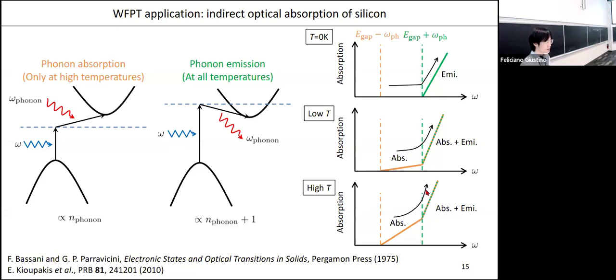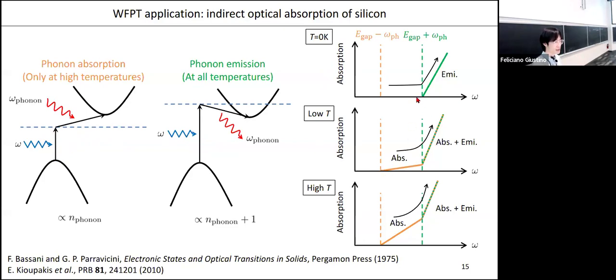properties. So this optical absorption, this indirect optical absorption process, which you have learned from the lecture by Manos Kioupakis: since silicon is an indirect bandgap material, you need to absorb a phonon or emit a phonon to compensate the momentum difference. The phonon absorption is allowed only at high temperatures, but its onset is at low photon frequency because phonons give the additional energy, while the phonon emission is available at all temperatures but requires a high photon energy. So as temperature increases from 0 Kelvin to high temperature, the onset of the absorption spectra becomes lower in energy,